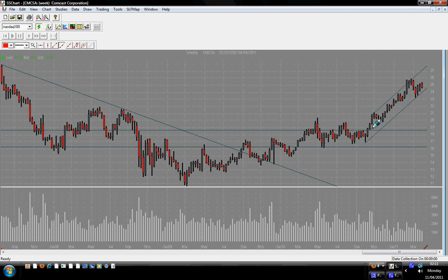So we are now in an uptrend, a clear-cut uptrend on this weekly chart. We can draw a middle line of this channel here. If you draw another line like this, you can see that we're on the lower part of this channel on the weekly chart. The channel is going up, but we're on the lower part. It's bullish, but it's not as bullish as on this level here. So we will pay attention now.